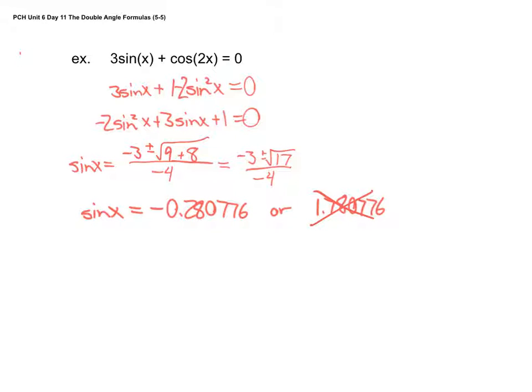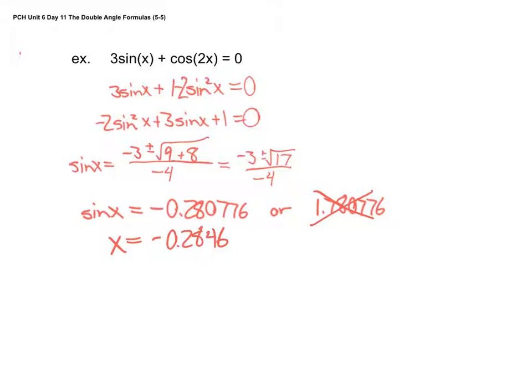Negative 0.280776, and I do the inverse sine. What are you guys getting for that? Negative 0.28460254. Okay, so now at that point,